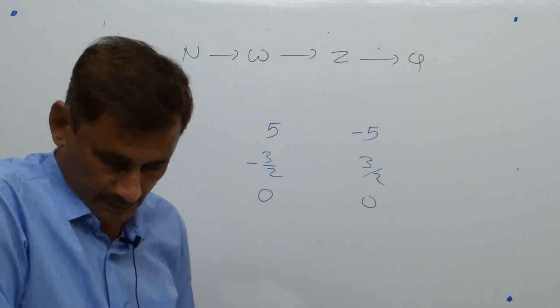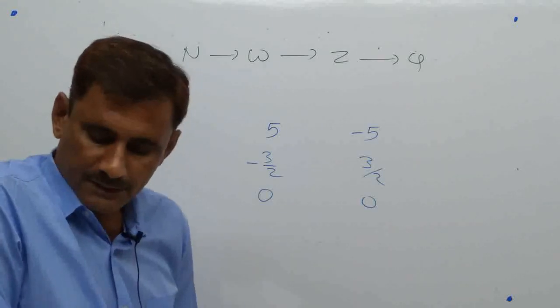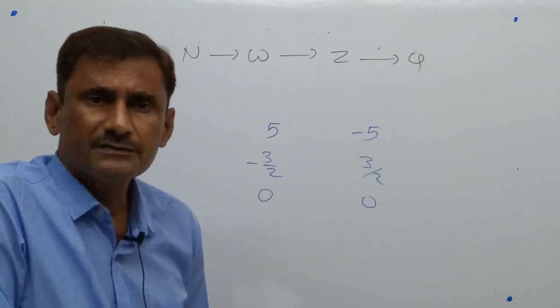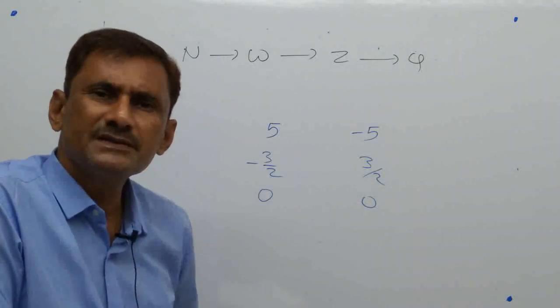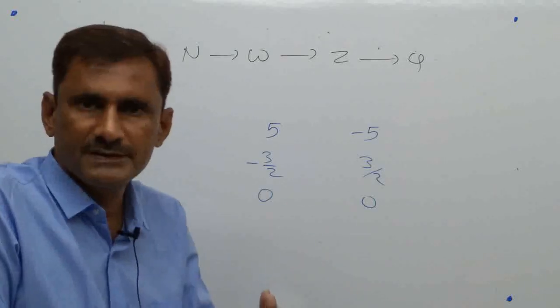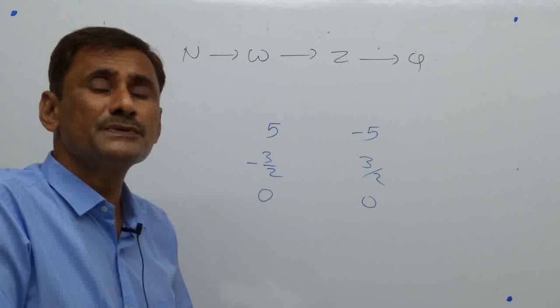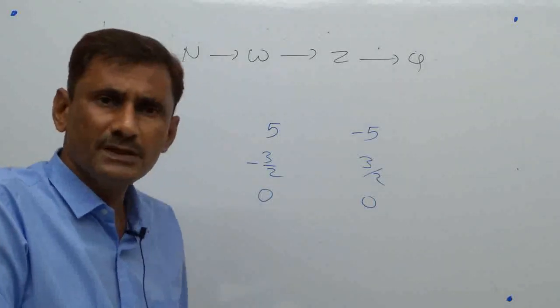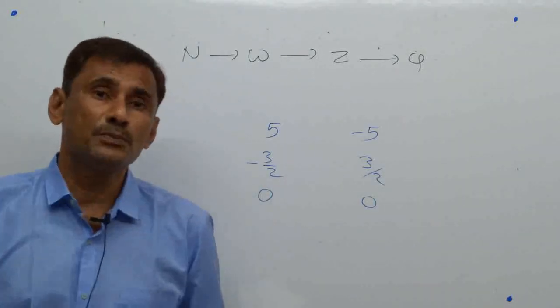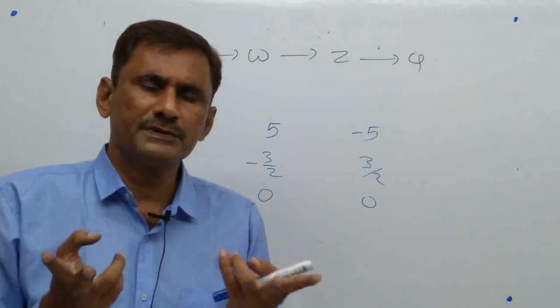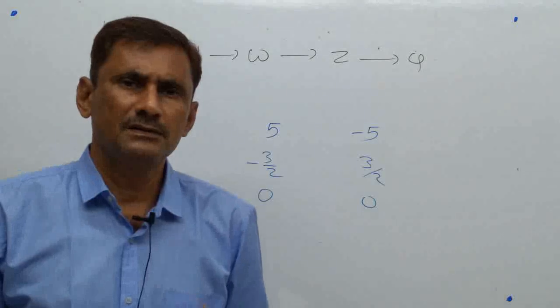Next, if a plus b equals 0, then b is the negative, that is, the additive inverse of a, and vice versa. It is the same thing, they are just telling it in different language. If a plus b is 0, then I can say b is the opposite of a and a is the opposite of b. If I do not want to say opposite, then I say additive inverse. Additive inverse and opposite are both equal here.